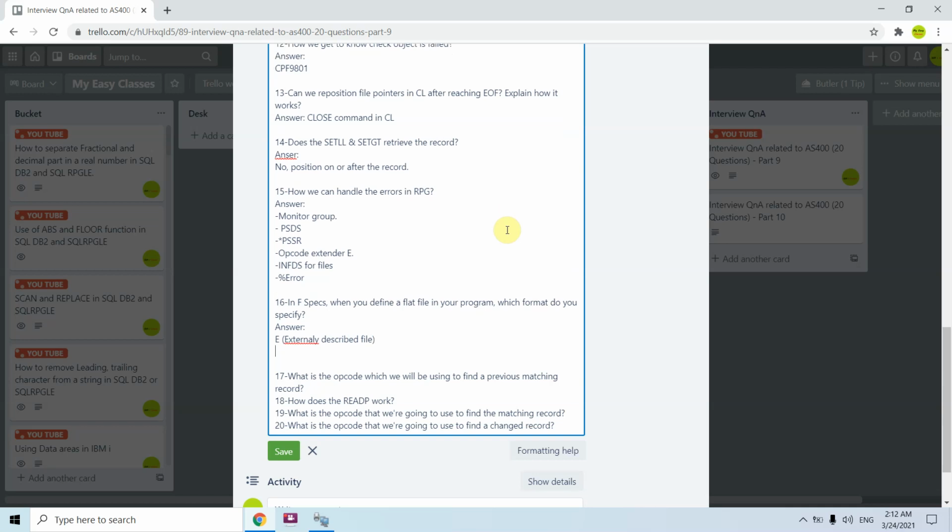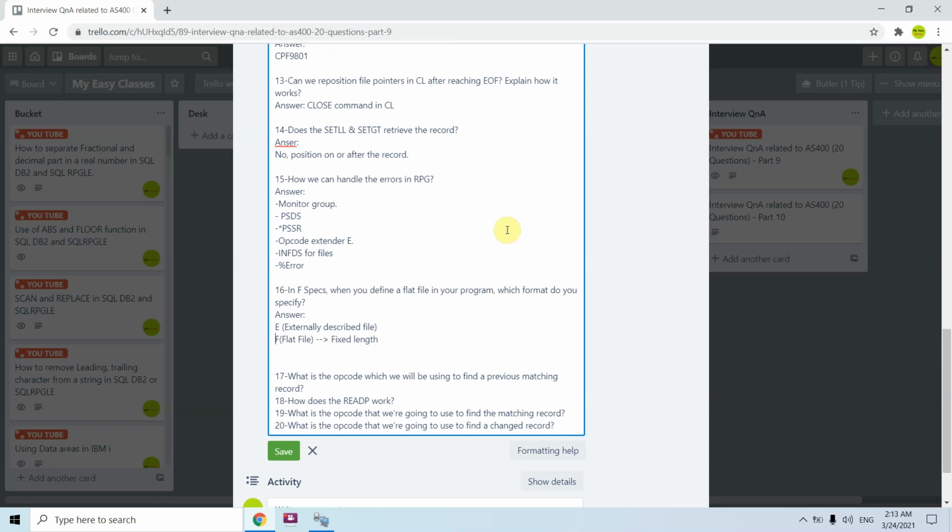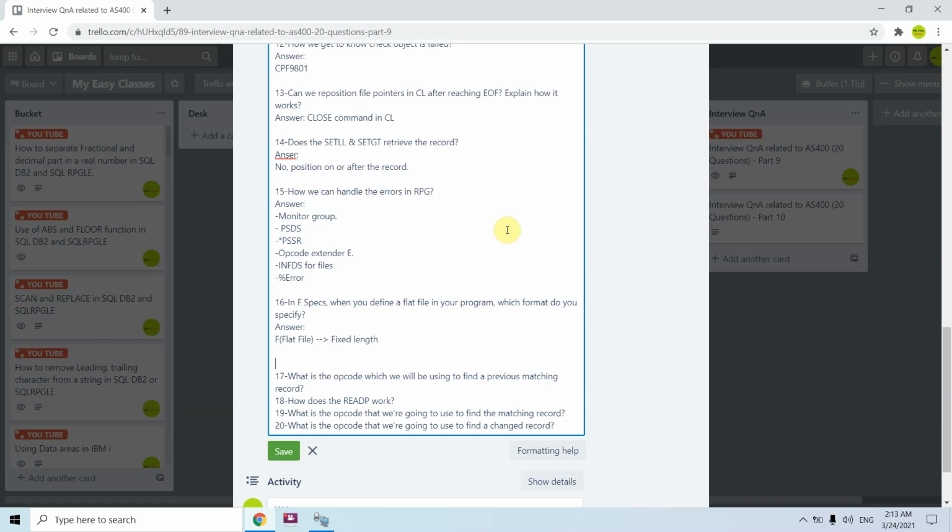Now we know that a flat file is a program described file basically, so we will be using F in case of a flat file. That means it has a fixed length. So the answer would be this one.